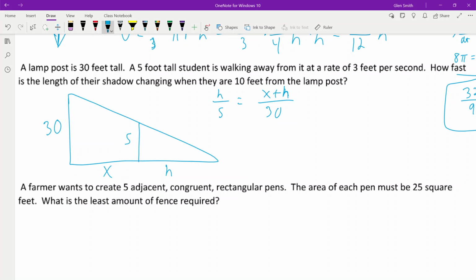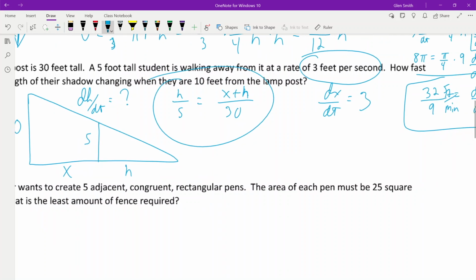But we do know that dx dt is 3 feet per second. That's what dx dt is. Positive 3, because we're moving away from the lamppost, and we want to know how fast the shadow is changing. So the question is, what's dh dt? All right, so we're going to use this equation here. We're going to cross multiply. That's going to tell me that 30h is 5x